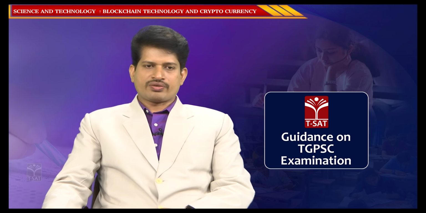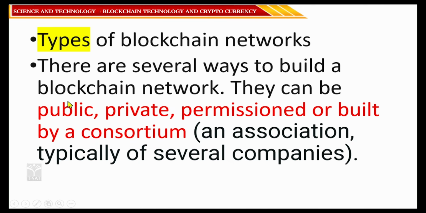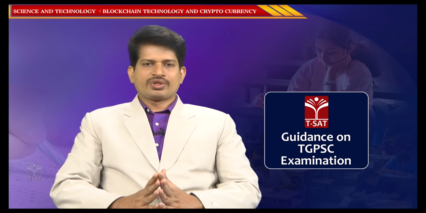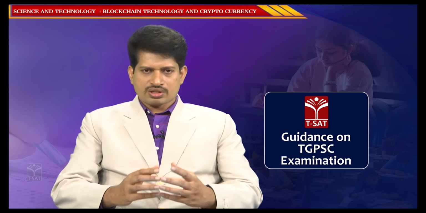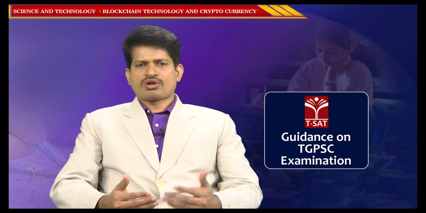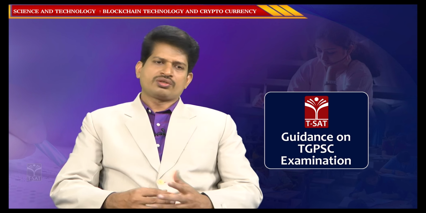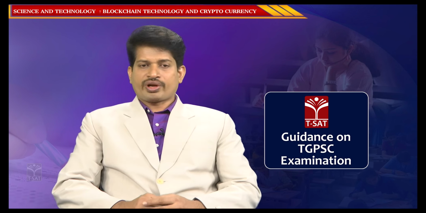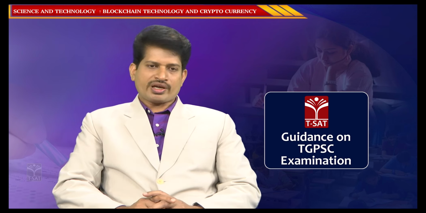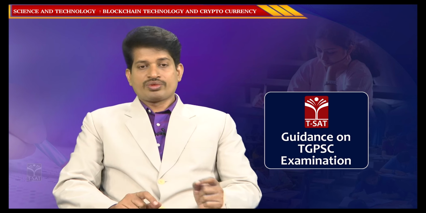So, types of blockchain networks. These are blockchain networks which are public, private, permissioned, or built by a consortium. So what is happening here? In the case of a public blockchain, everybody has the choice to enter a domain. For example, Google is a public domain. By using certain blocks of your ID, email ID and so on, you can get in. Private means everybody cannot enter. For example, you are the account holder of a bank. Only the account holders of the bank will be allowed into the cloud of the bank. That is a private one.